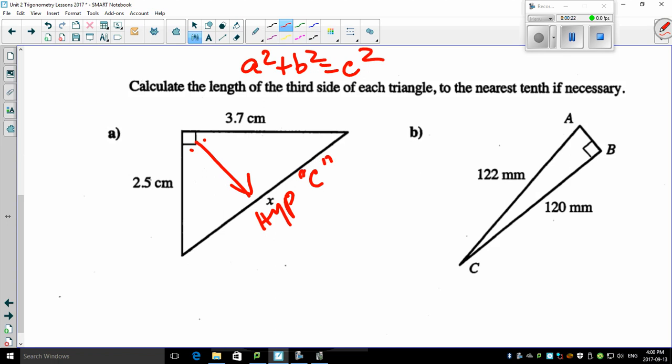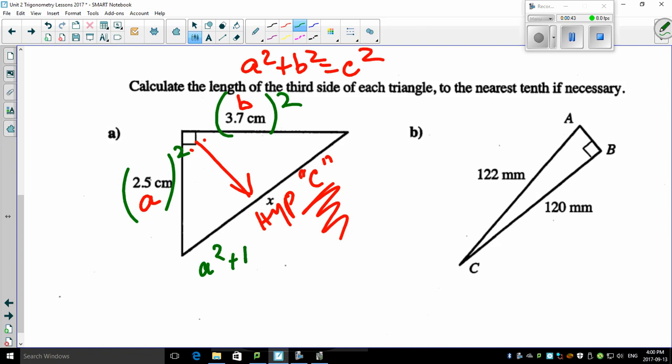So which one is a, which one is b? It doesn't really matter. So I'm just going to say a is this one, b is that one. It does matter on the hypotenuse. You'll figure that out as we go. Now, let's do it. a squared would mean this one squared. This is b squared, that squared. Sum them together. So our a squared plus b squared equals c squared means 2.5 squared plus 3.7 squared equals